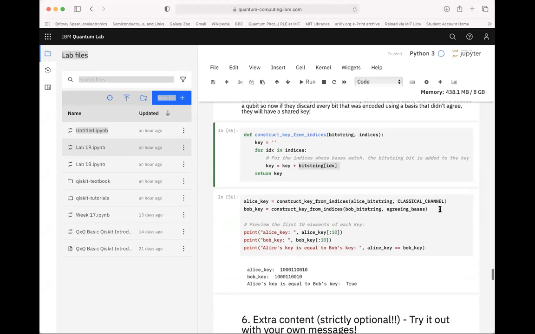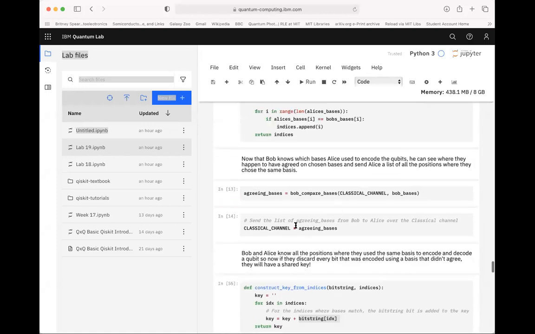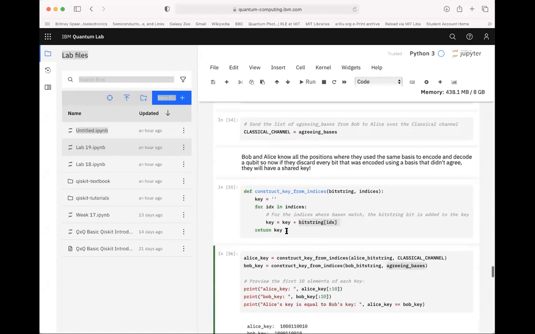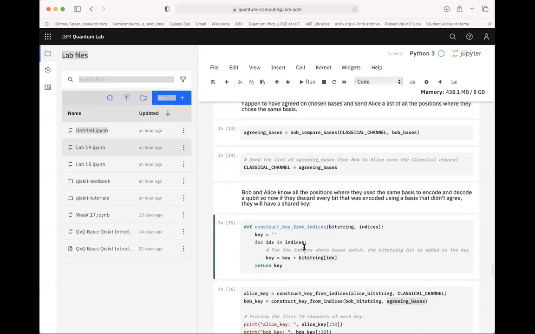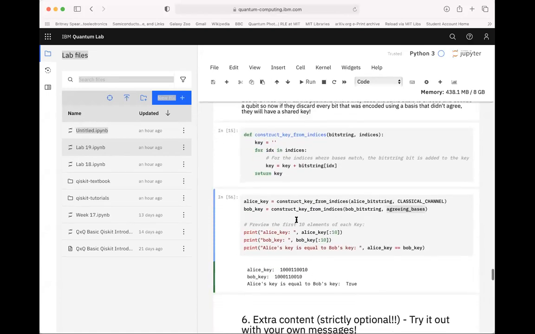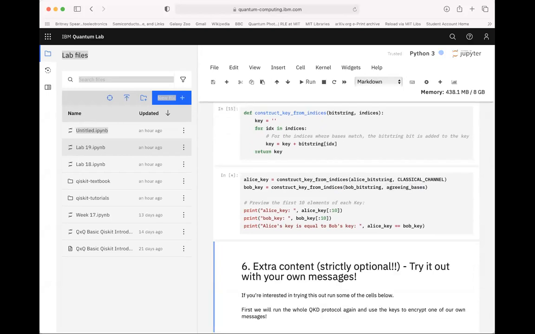So now we can use this function twice. We're going to construct the key from indices with Alice's bit string and the information currently on the classical channel, which is this agreeing bases variable that Bob put there a while ago. Now I should run this. And then Bob is going to use his bit string and the agreeing bases to construct this key as well. And then we can print,